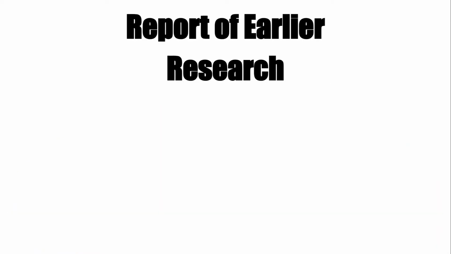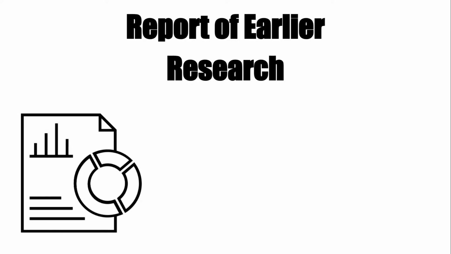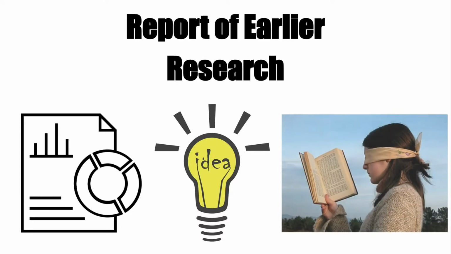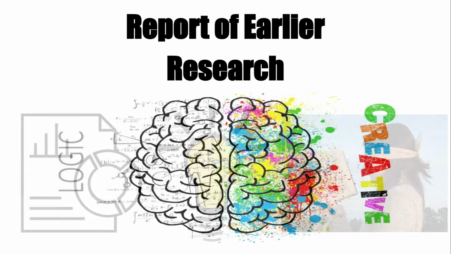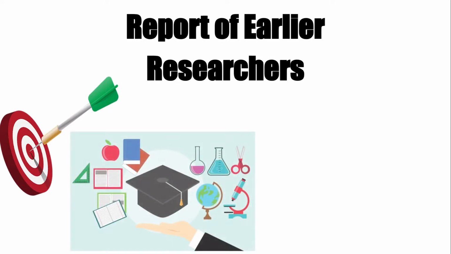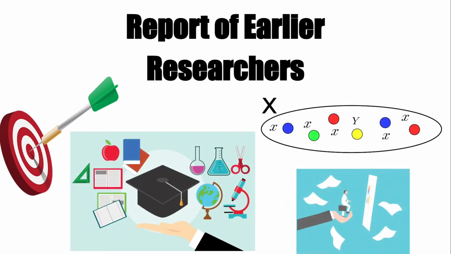Report of earlier research. The researcher should refer to some of the previous research reports which are related to his research problem. Such reports offer little idea for a better hypothesis, but a researcher should not blindly follow the hypothesis given in such a report. Instead, he should think logically on the hypothesis in terms of objectives, research tools, variables, and data analysis techniques adopted by earlier researchers. On the basis of such thinking, he should decide his own hypothesis.